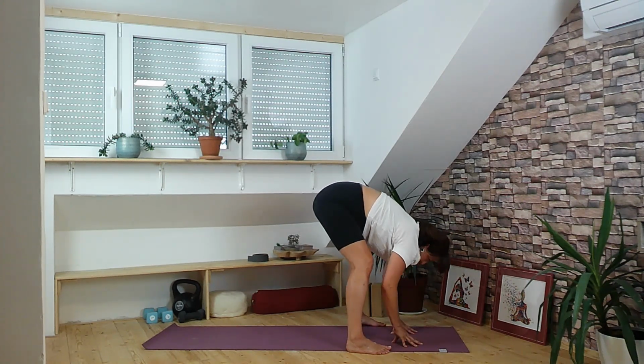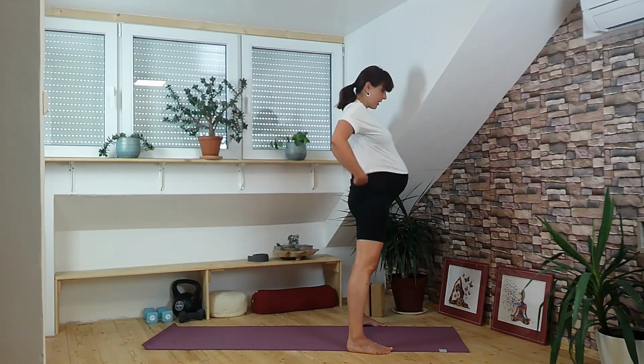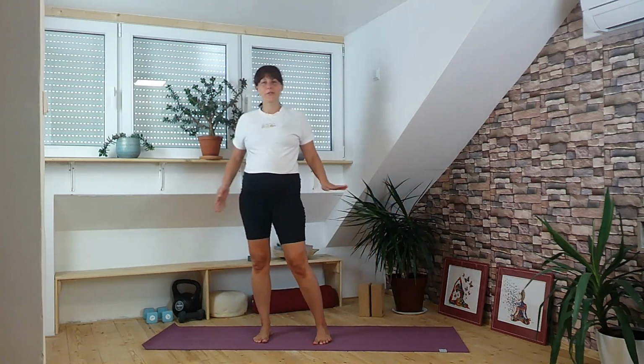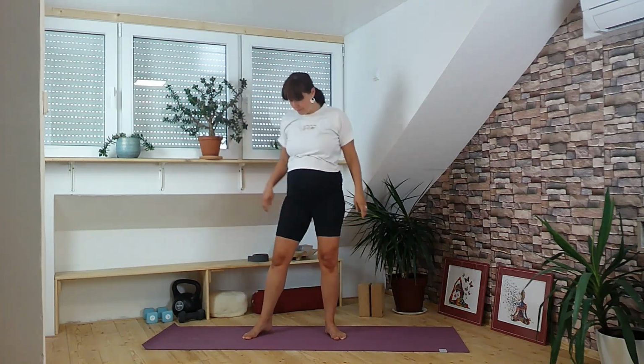Release your hands down and then slowly come all the way up to stand. Make it really slow so you don't feel dizzy. Take the time for the transition from being closer to the mat all the way up. And once you feel like, okay, I've got it, you can